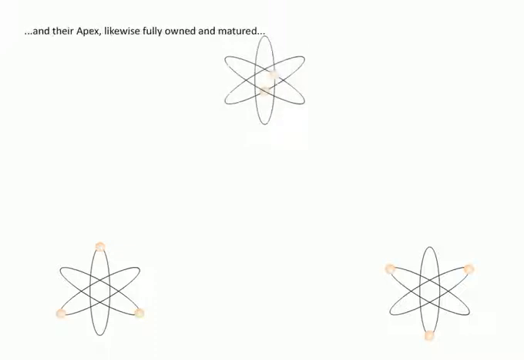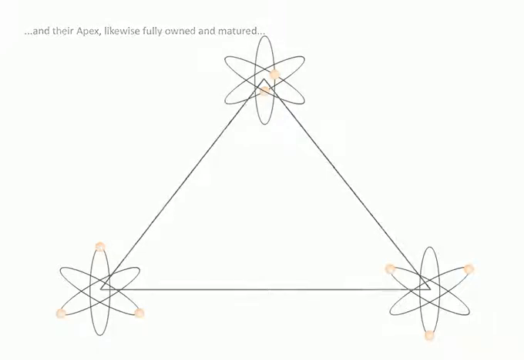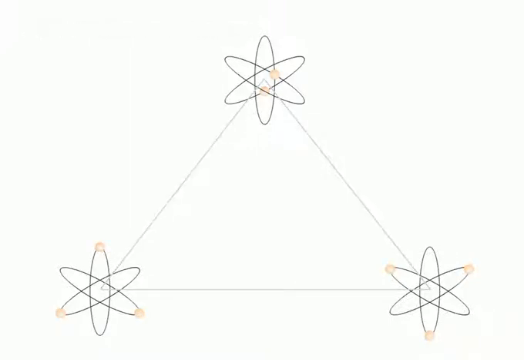In February 2017, Genpo Roshi introduced the apex of another apex, and I imagine it looking like the following illustration. Arising are two fully owned and mature triangles, and their apex, likewise fully owned and matured, forming as well, congruent to a single Dharma triangle, a higher level triangle, in which all 9 Dharmas are spinning around. As illustrated in these slides,